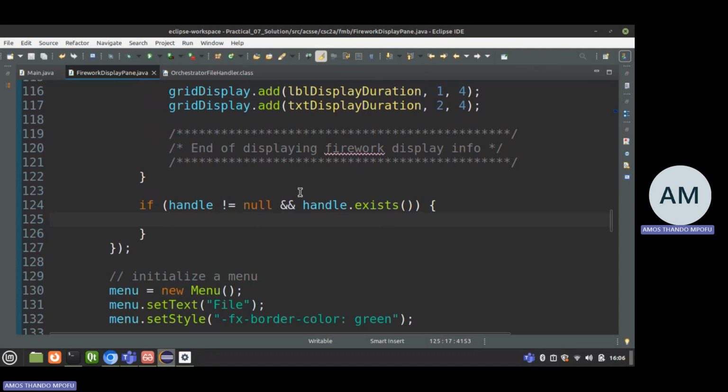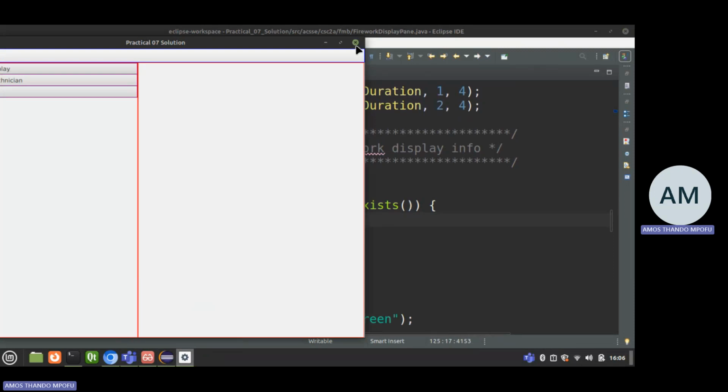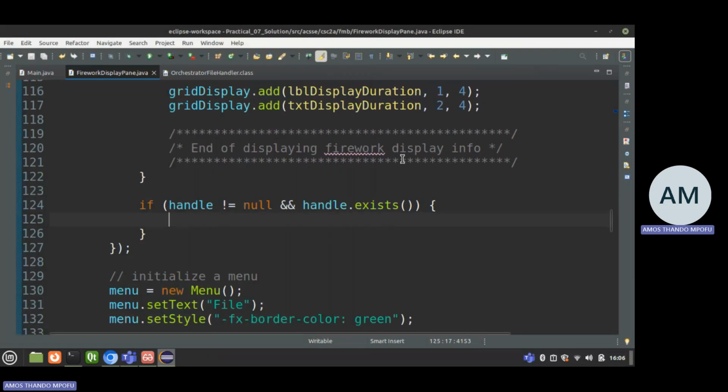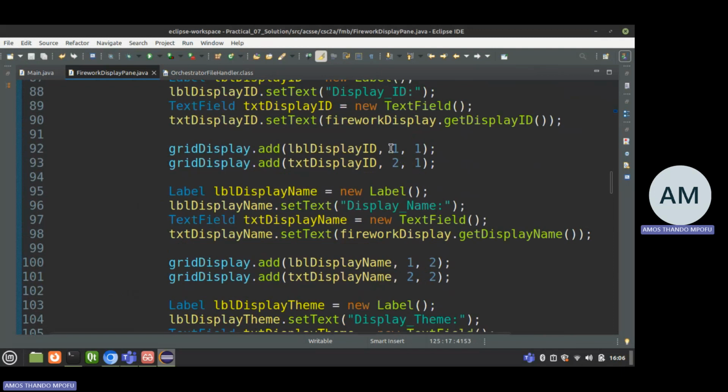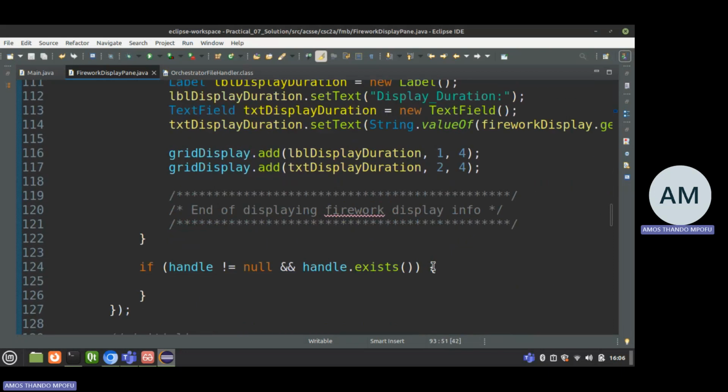So let's start with our thing, right? So if you remember the planning that we had, okay, I haven't closed this app, so let me close it. Remember the planning that we have, right? It's to start at row 1, column 1. And then the only thing that keeps on increasing is the columns. So we need to do that. But before we do that, we need to get